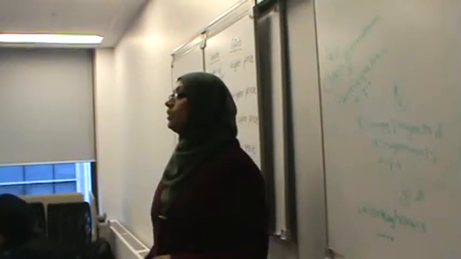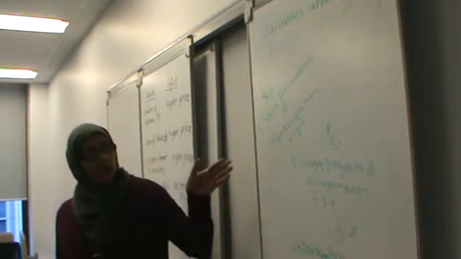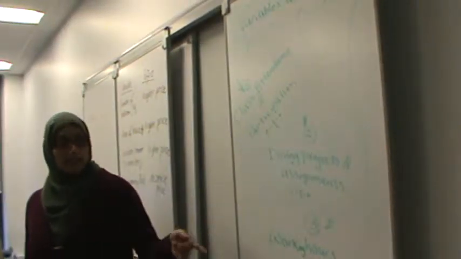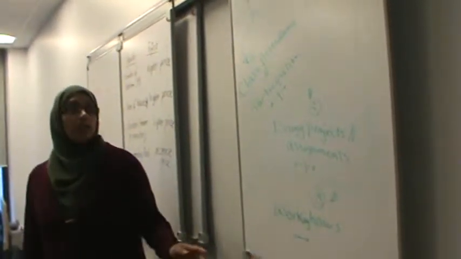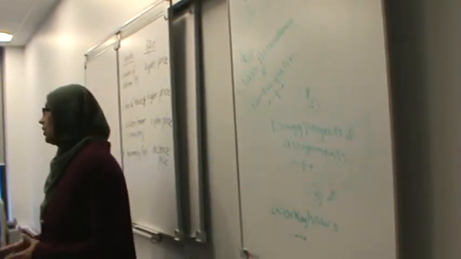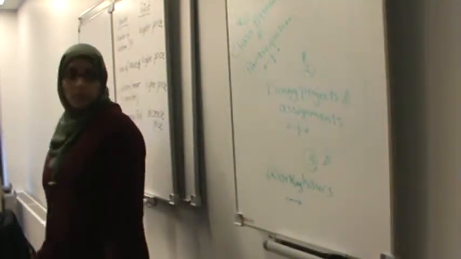Hello everyone. Our topic is very much related with all of our fields. We had to find out the variables which will affect a student's GPA. Our first variable we found is class attendance and participation. The more students attend and participate in class, his or her GPA will be increasing. The second one also has a positive effect. The students doing more projects and assignments will have a positive effect on his or her GPA. It will be increasing. And we consider a negative variable, which is the working hours.